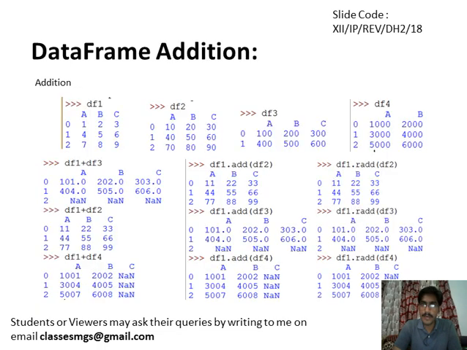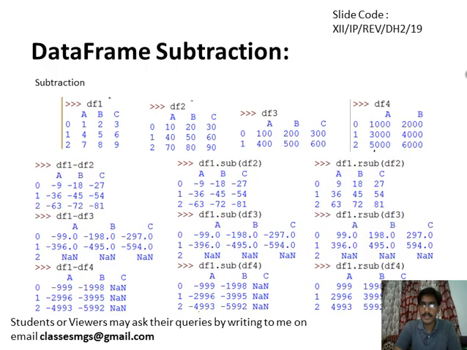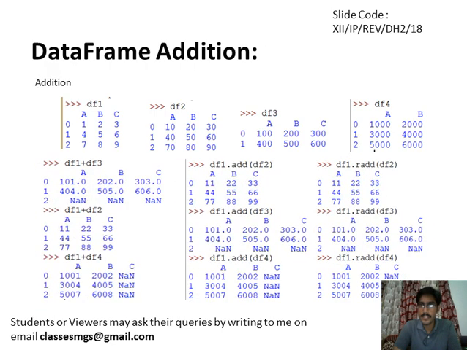Next one is the binary operations on the data frame. Binary operations means simple operations like addition, multiplication, subtraction and division. I am sharing it here for your reference, addition and subtraction. You will do multiplication and division yourself. Let's suppose data frames df1, df2, df3, df4 are given, and